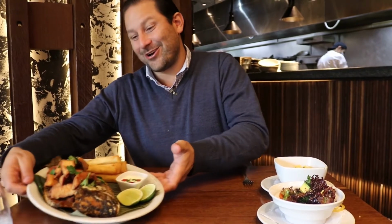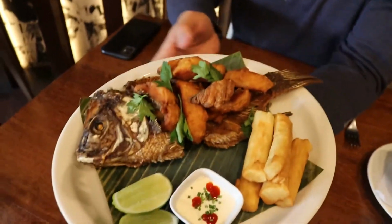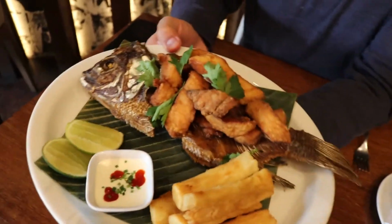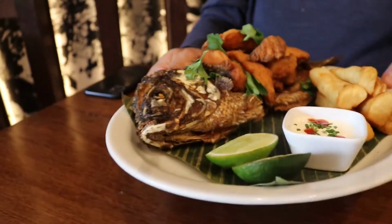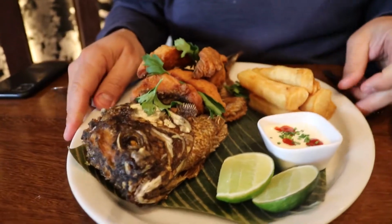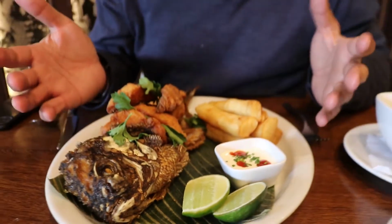Oh man, that's awesome. So let's finish off with this mojarra. Look how beautiful this is. Look how amazing. Look at this crazy presentation. This presentation is absolutely beautiful. So this fish is probably about 2 pounds. But what caught my attention about this fish is not only its presentation that's absolutely beautiful, but also